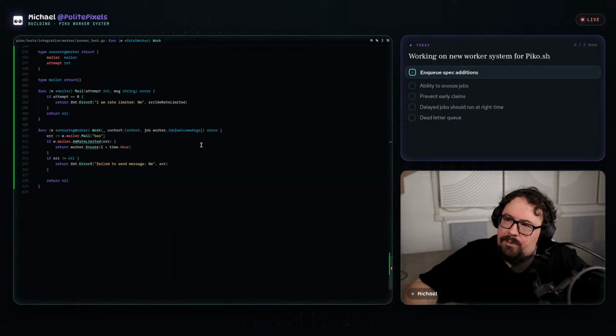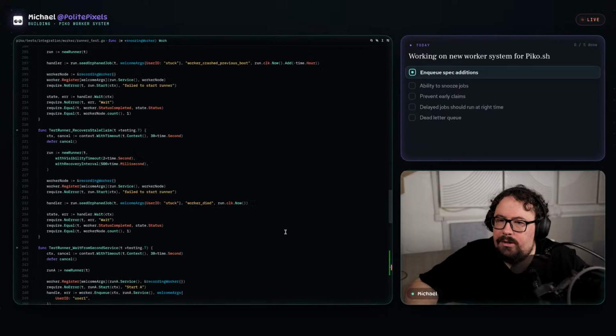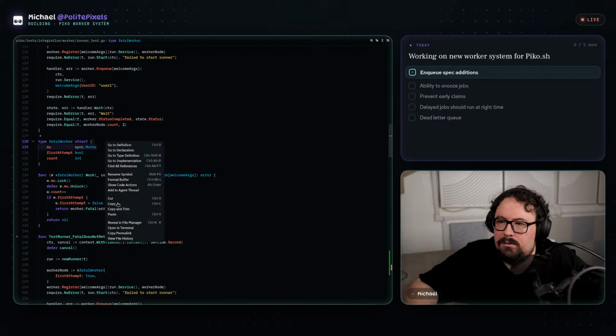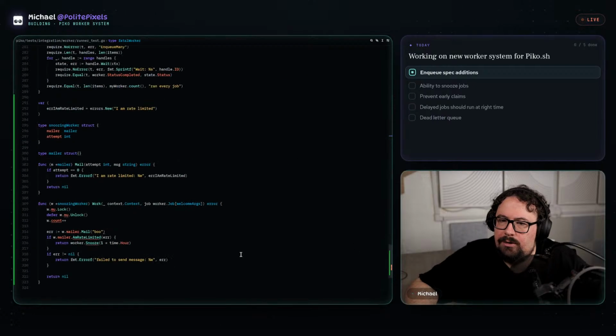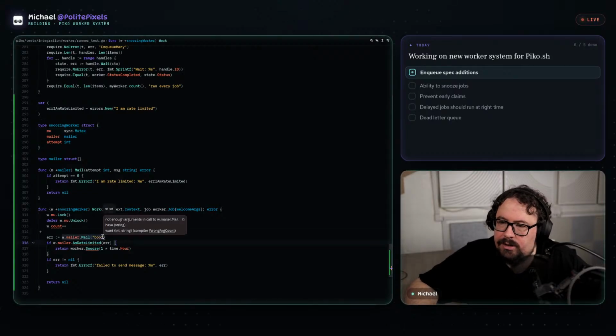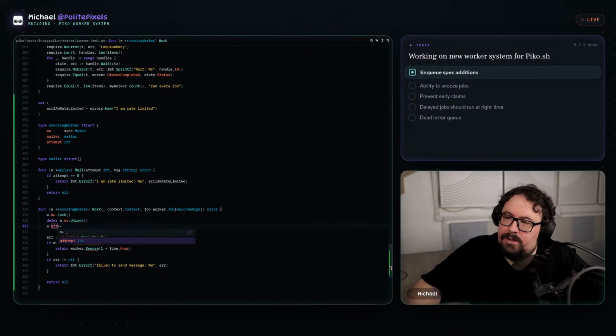So I need mutex. Because snoozing, that's the whole point of the snooze architecture, I guess you could say, is it doesn't maintain resources, so it doesn't hold onto memory. That's the idea. So say attempt